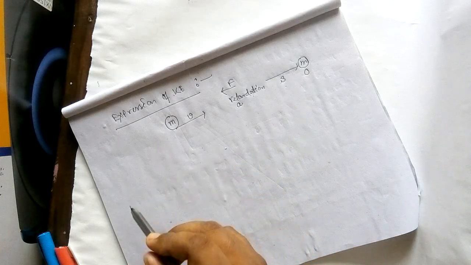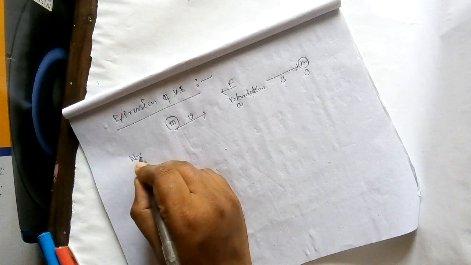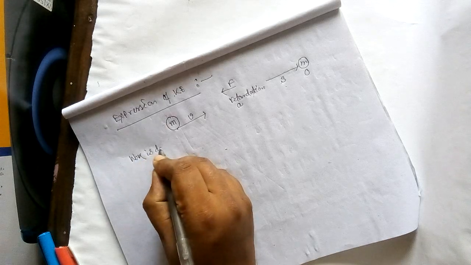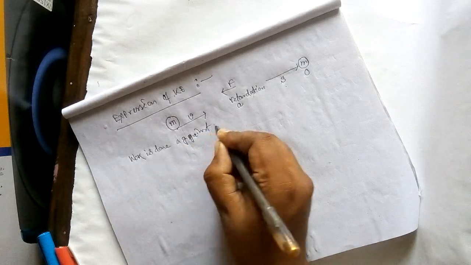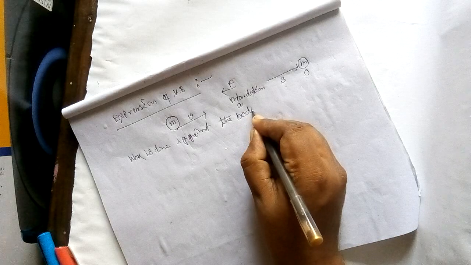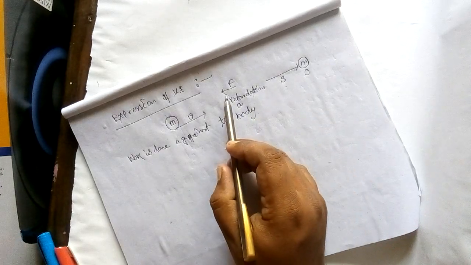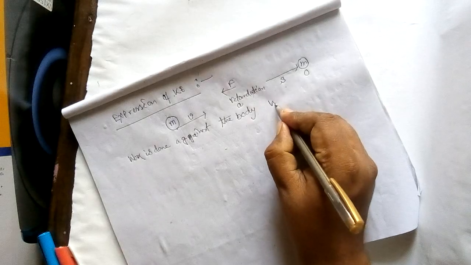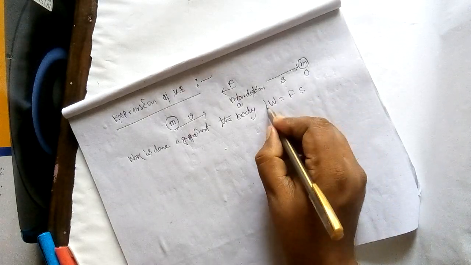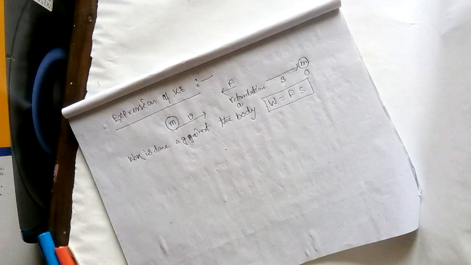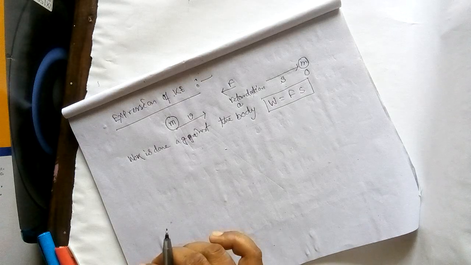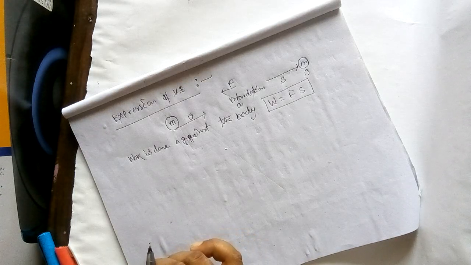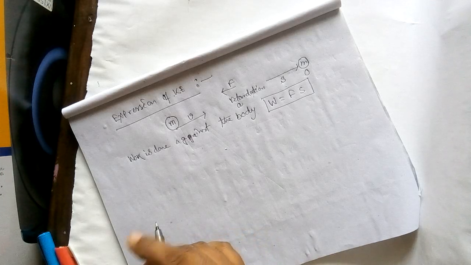If it is asked how much work is done against the body, see, you have applied a force F and the body displaces by s. So your work done should be F into s. That is your work done. The work you have done against the body should be stored in the body as its energy, because the body possesses that much energy, so to oppose it you have to do that much work.